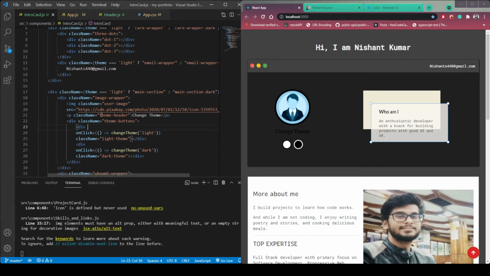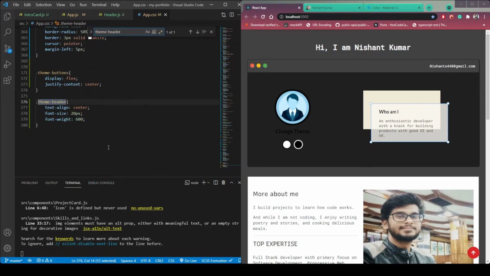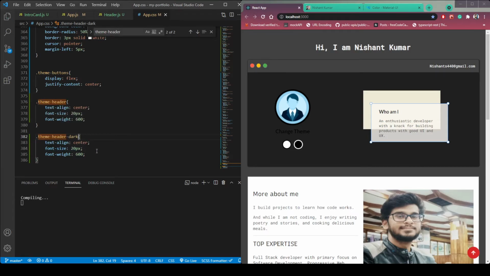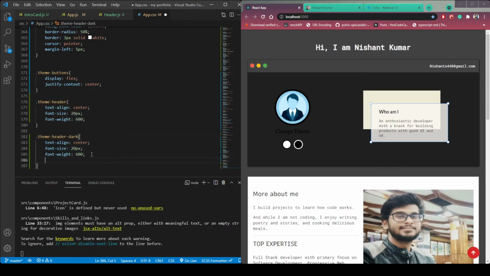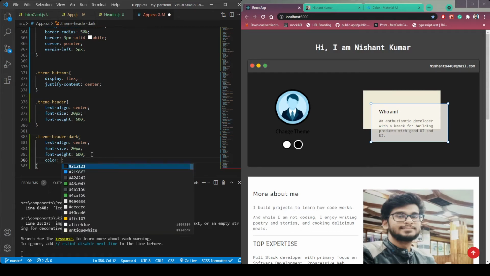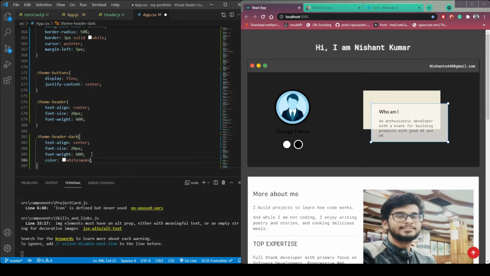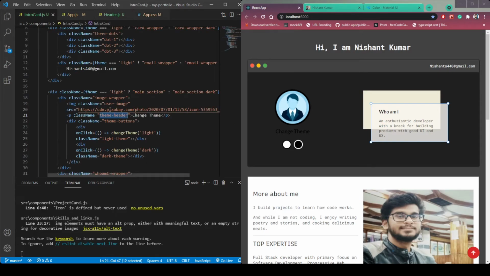So search for theme header class name in app.css. Repeat the same one for darker theme. So it will be dark. Then make the color to white smoke. Then let's use this theme.